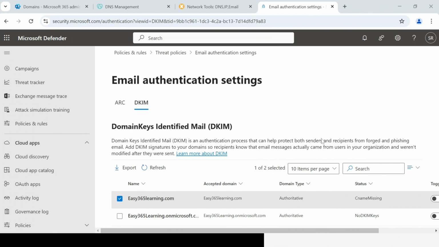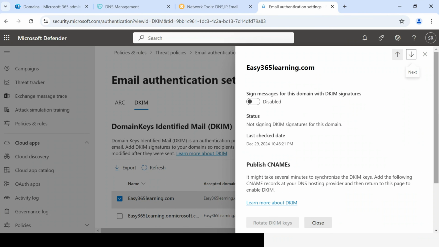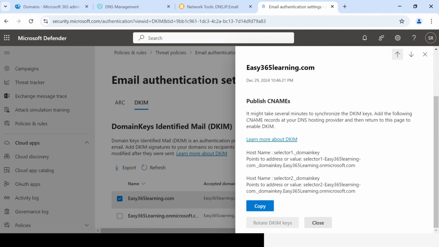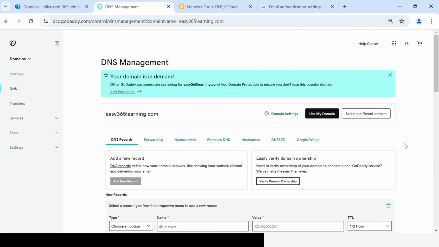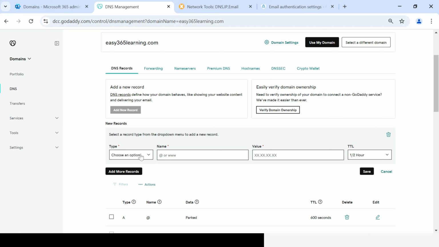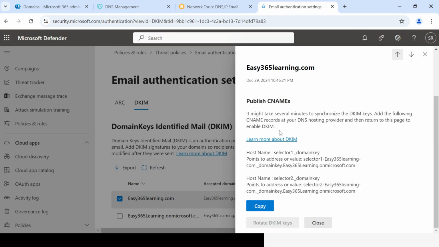Now let's add those CNAME values there in the DNS host, and after that we'll see if it will allow us to enable DKIM. So to get those values, I'll just click on this domain, and from here I have this information that I need to put there in the DNS host. Let me go to the DNS host, and from there I'll try creating a new record. It asks me what type of record I want to create, so I'll just select CNAME. Now it asks me to put the name or the host name, so what I will do is I'll just copy the host name from here